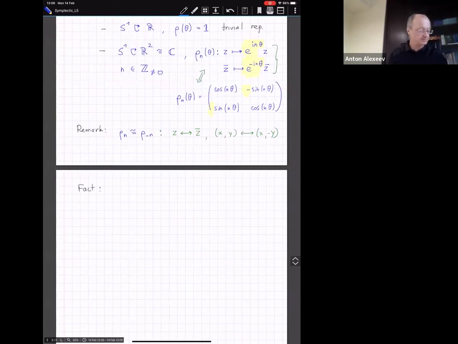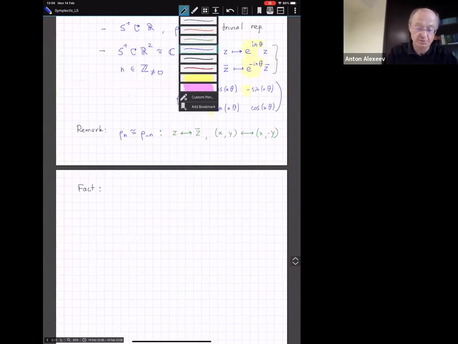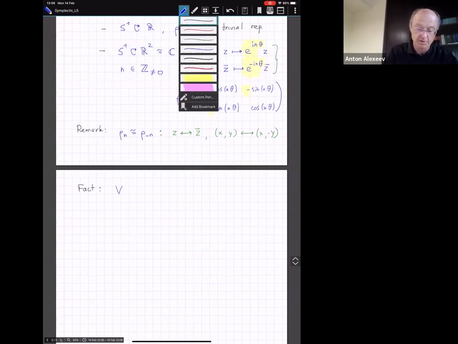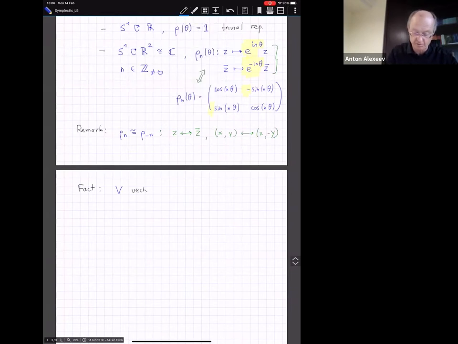There is the following fact. If I take any finite dimensional representation V, a vector space over R, let's say the dimension of V is finite, and rho from S1 to endomorphisms of V, a representation. So then